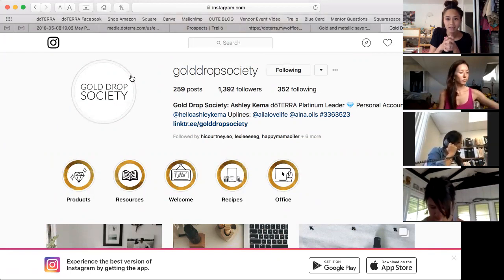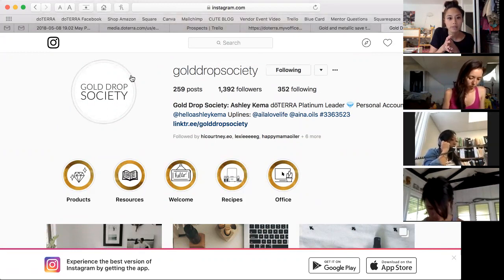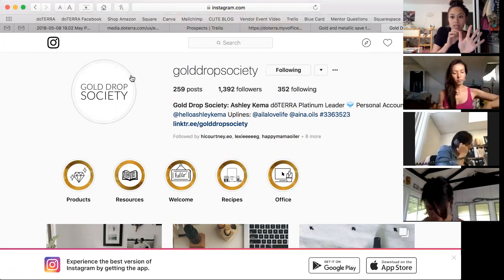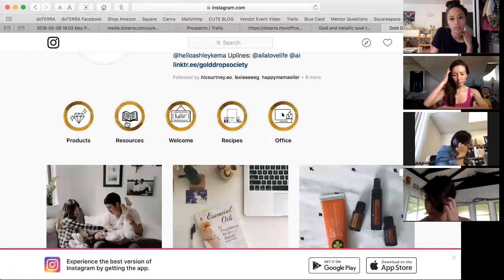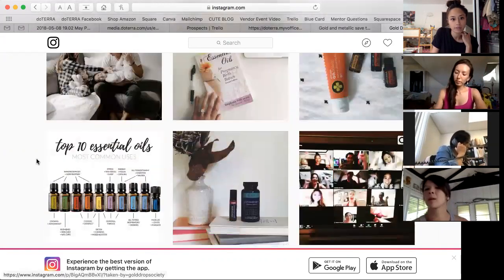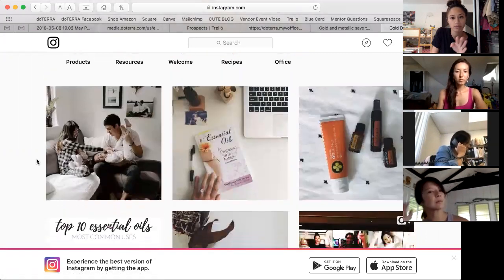Graphics are best in a story. I wouldn't put graphics in your feed, honestly, unless it's something that has a major purpose, and you really want it to stay on your feed, so people go on your page and see that graphic. I'm going to show you this one. This one is a graphic, right? Most of my feed is not